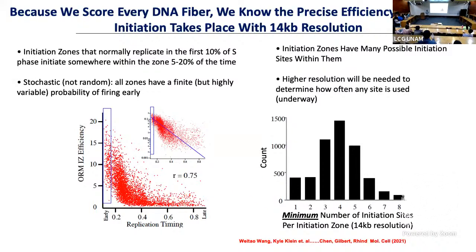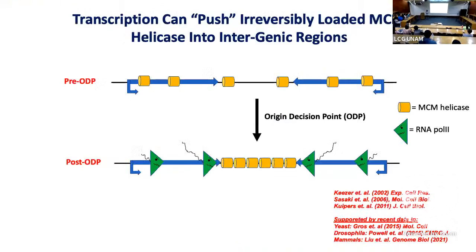Okay, so replication timing is highly deterministic. Origin selection is highly stochastic. But it's not random. So what determines where replication initiates? And we know very little about that, but we know a couple of things, and these are actually some old